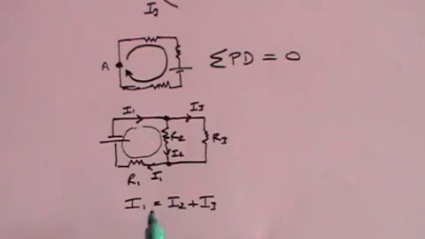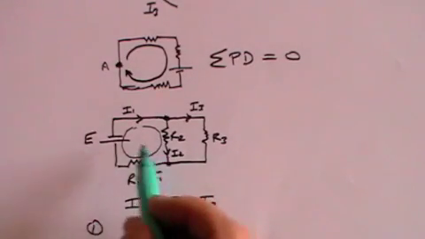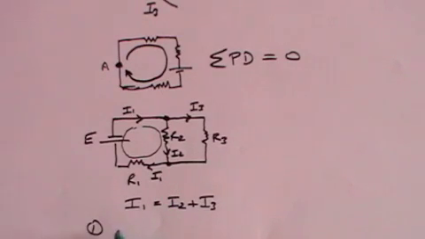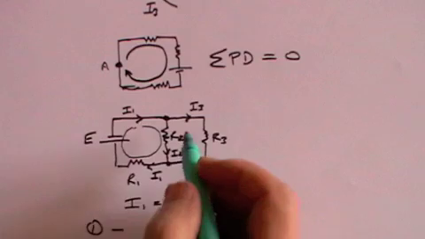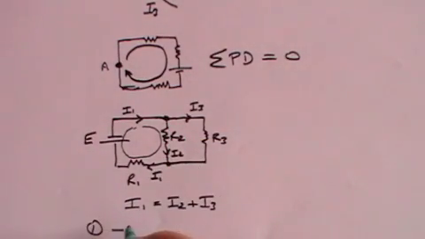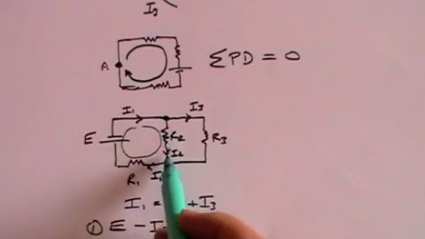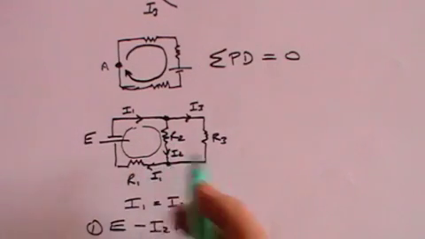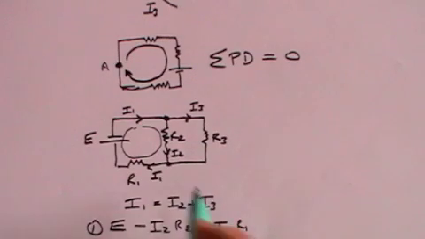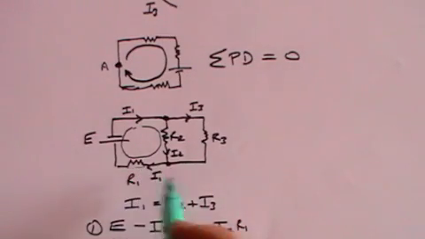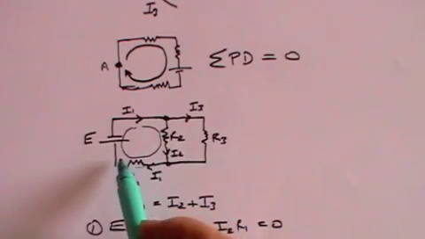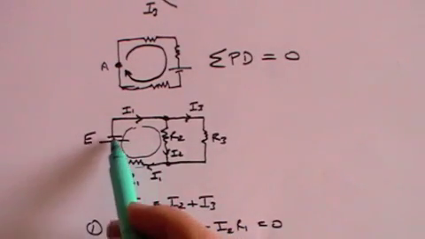Then you would say that the EMF of the battery. This is our first circuit, that's this one. You've got the EMF of the battery, minus I2R2, because that's the potential drop across this resistance, minus I1R1, which is the potential drop across this resistance, equals 0, because we've gone from here past the battery, where